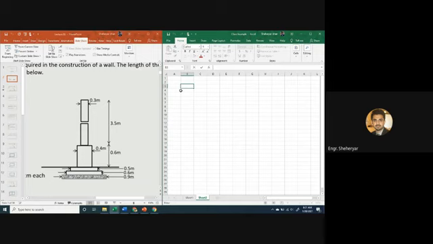Can anyone tell me the format or columns of the BOQ, bill of quantities table? Do you remember the bill of quantities discussed in the last class? The first column is